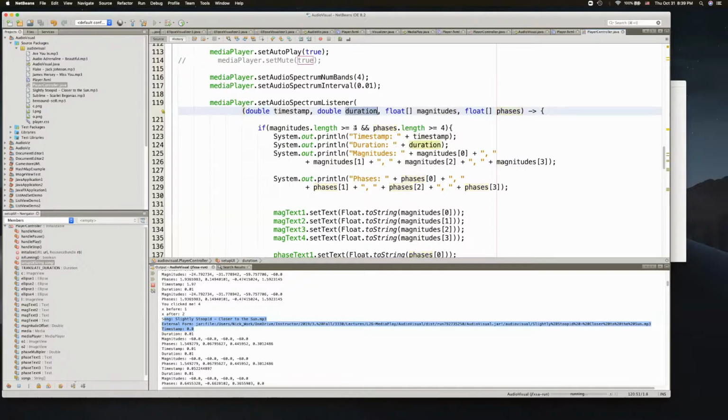You also have duration, but you'll see duration is remaining the same at this time because that's the interval that we set. For timestamp, the student who did the rotating planets used the timestamp to help them rotate around the sun. You could also use phases, which is negative pi to positive pi, and magnitudes, which is 0 to negative 60, based off the decibel at the current band. These are the inputs you have. Use them to update the display to make an awesome